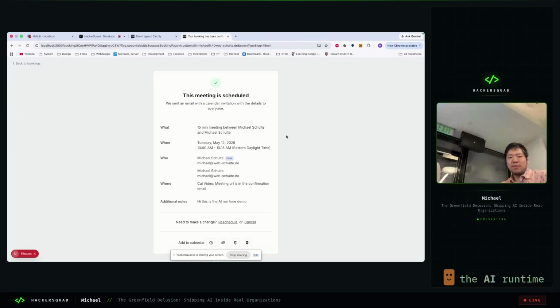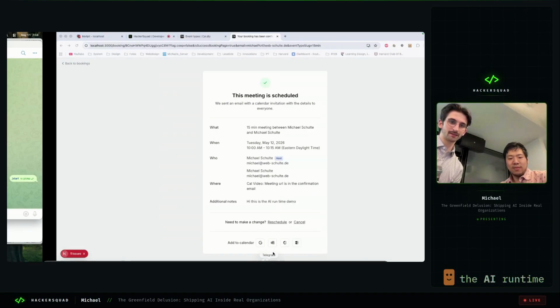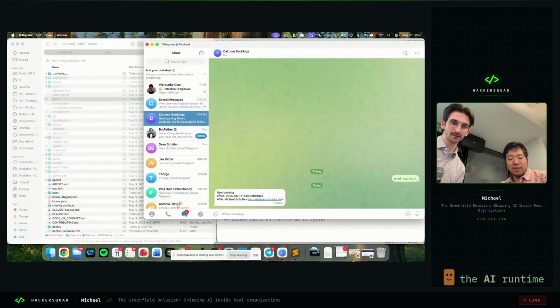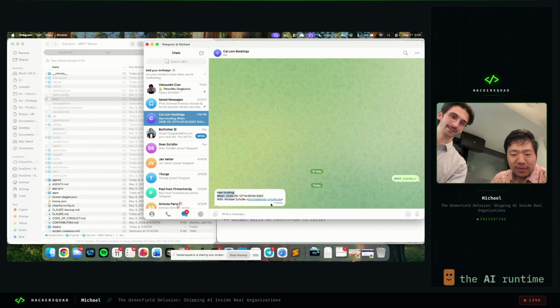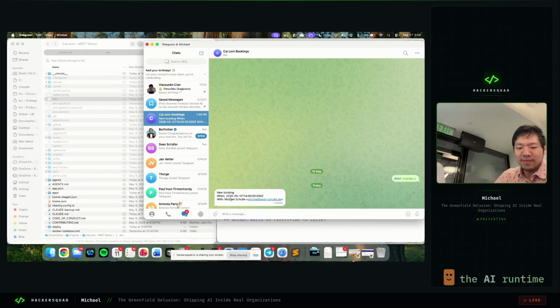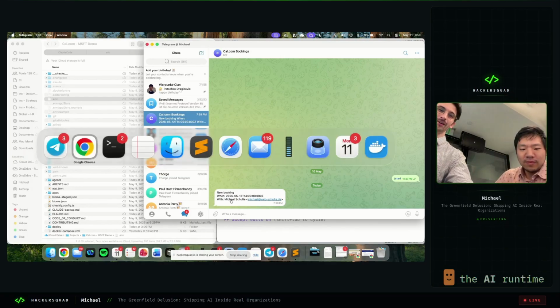That part worked. Now you find my Telegram application here too. So let's see if that worked as well. And you see here today, let's see if it's the right time, 7:59. So I'm not lying about this. This is actually live. You see there's a new booking. It says when and with who. It's with myself right now because you didn't adjust the name, but that would be the name of whoever books it. And this is what I tried to present here, the idea of shipping with,